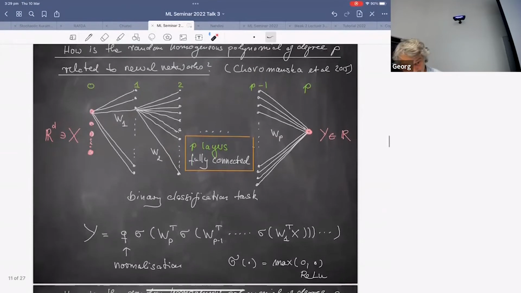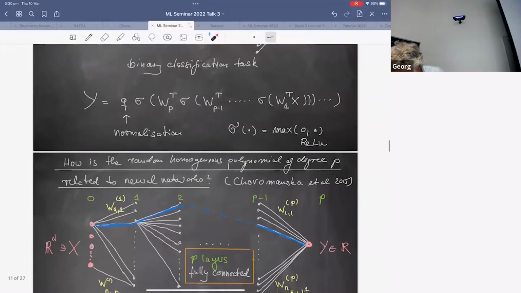I write this as we're accustomed to: you have a linear transformation, move it up to the first layer, put on something like a ReLU function, then another linear transformation for the next layer, hit it with a ReLU function, and so forth, until you come to the end. And then you end up with this thing that we've encountered many times now.